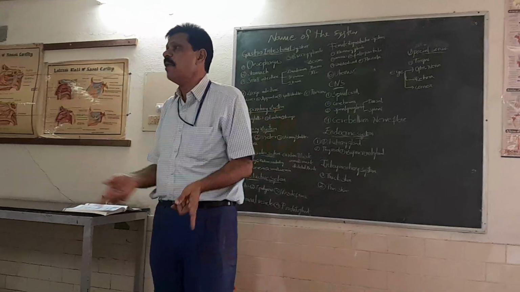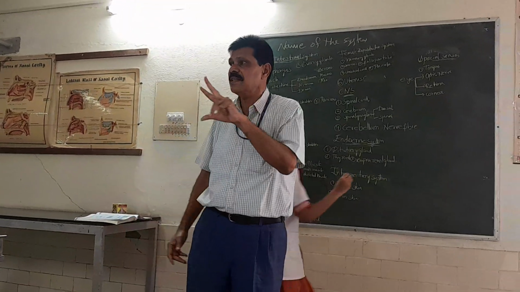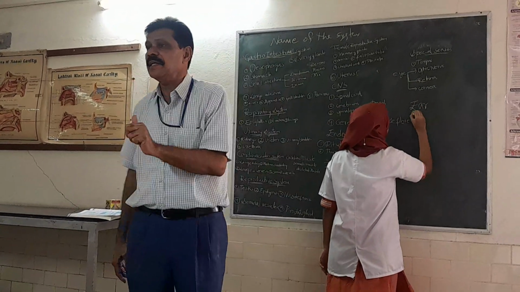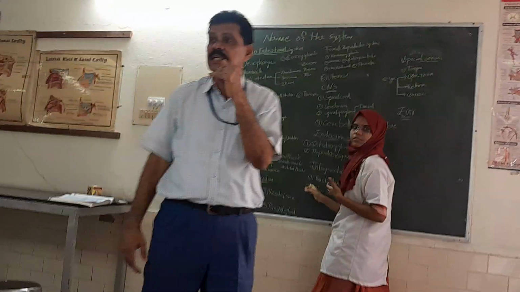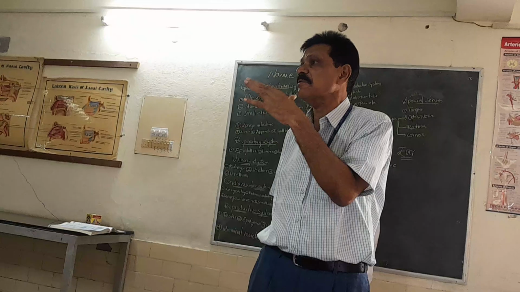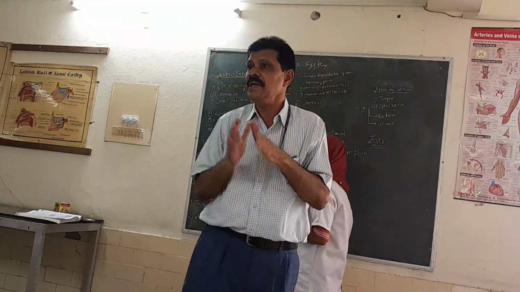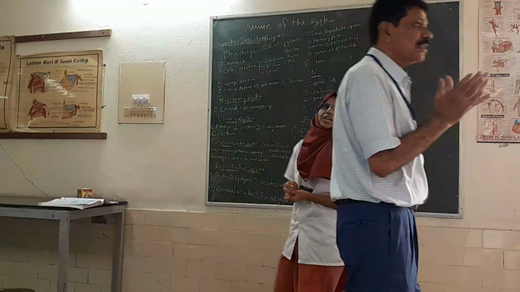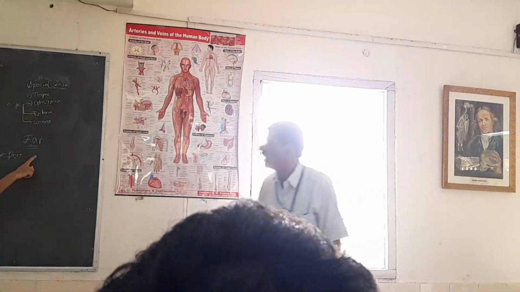What is the eyeball structure? Anteriorly, the cornea is there. Posteriorly, there are 3 layers: sclera, choroid, and retina. Vitreous humor is a liquid, and aqueous humor is also there. So try to remember the eyeball structure and the various layers in it. There are 3 layers in the eyeball. Understand?